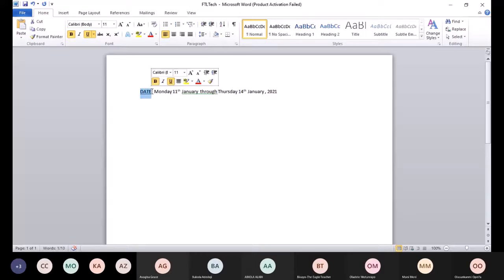That is another way. I can drag to the end if I want to highlight the entire thing on that line. That is highlighting the entire thing. And if I want just my date, I just double click and drag to the end of my date. If I want to highlight the entire line, I can also bring my cursor to the left corner,